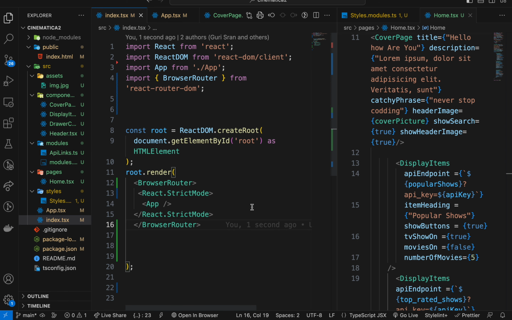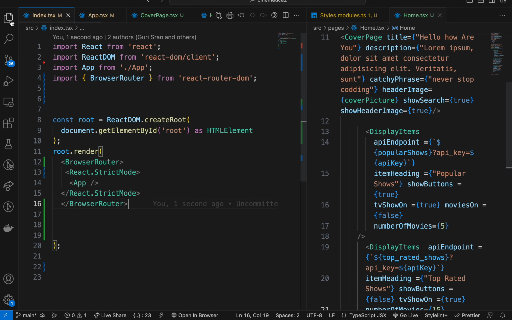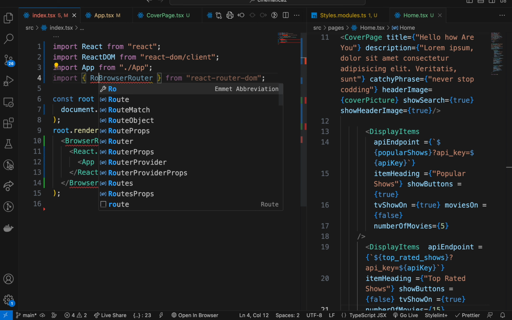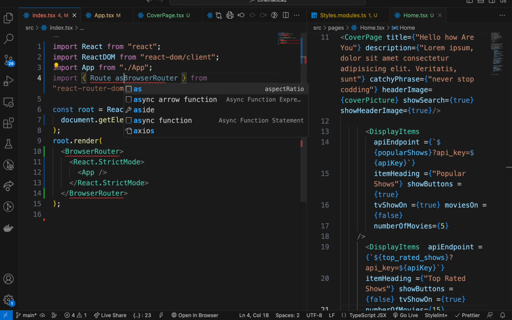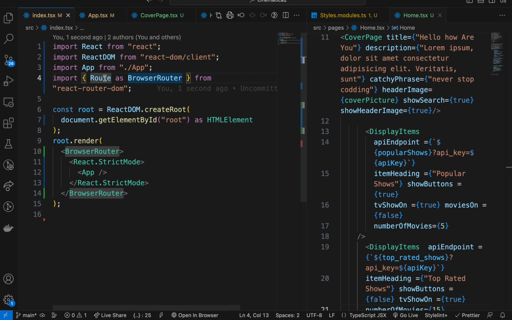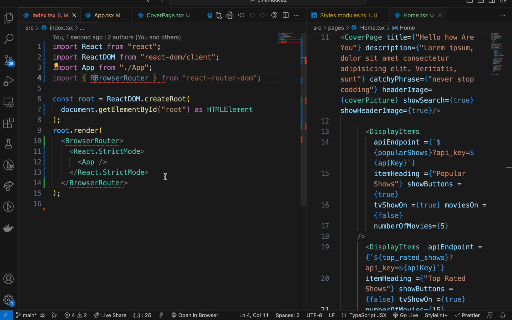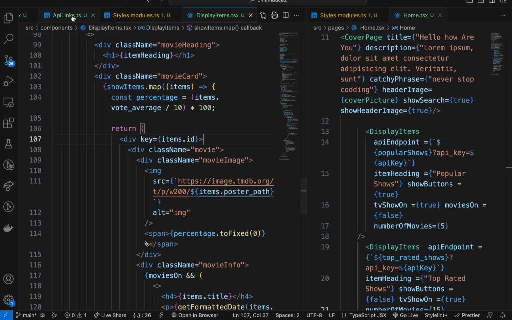So now that's done. That's the first thing you should do when you're using the React router. And you can even say route as browser route, and then you can just use this here. You can just say route, but I just like to keep it browser router because nobody touches the index.tsx file. No one comes here. So once we have done that, we'll go to the app,